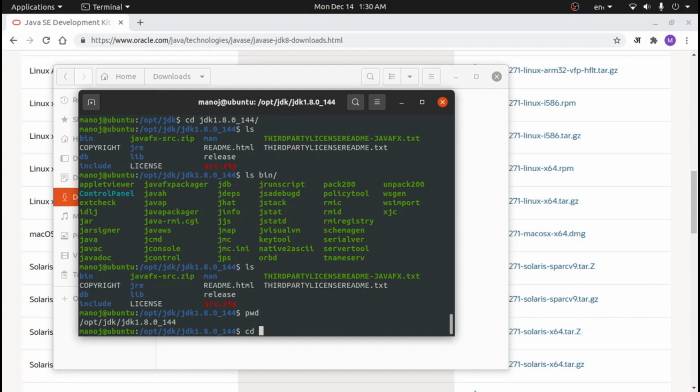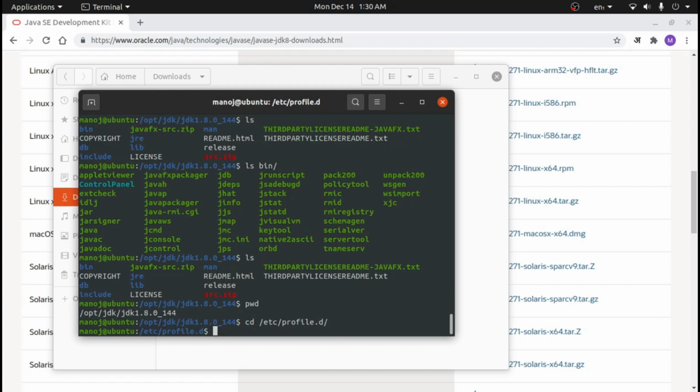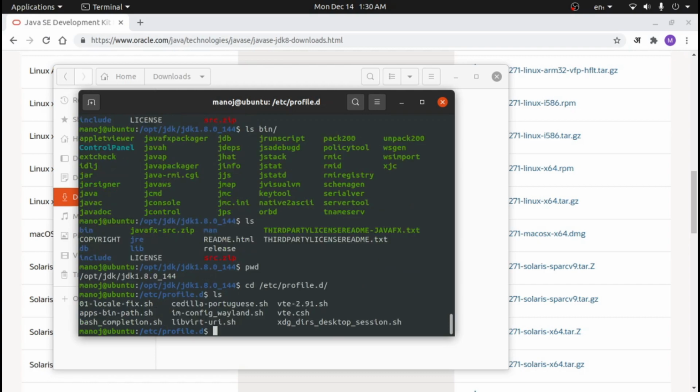Let's go to the /etc/profile.d directory. Here you can see many script files available. What this directory does is, every time a user logs in, all the files in this directory get executed, and they set some tasks or path variables or environment variables for the user.